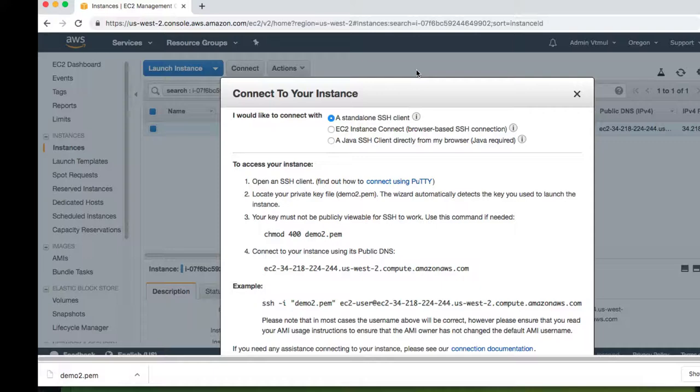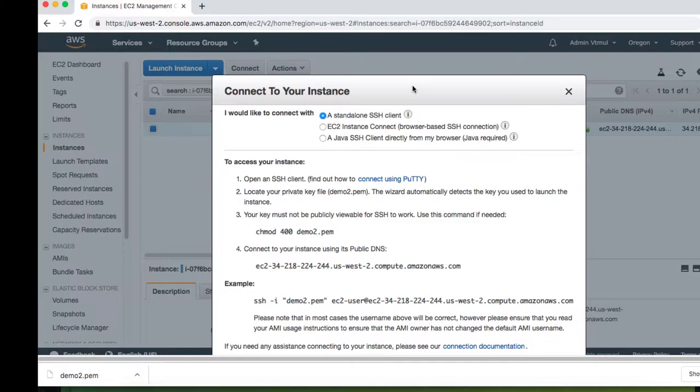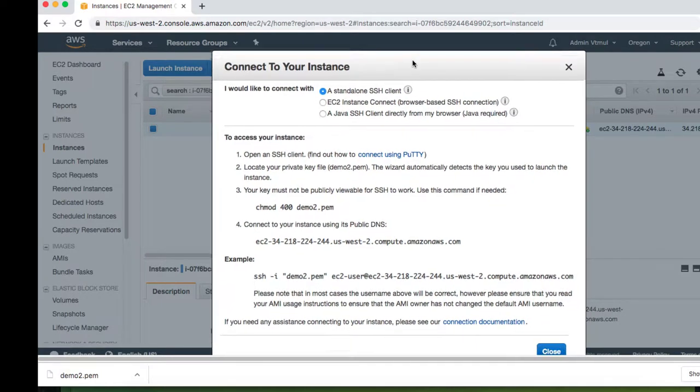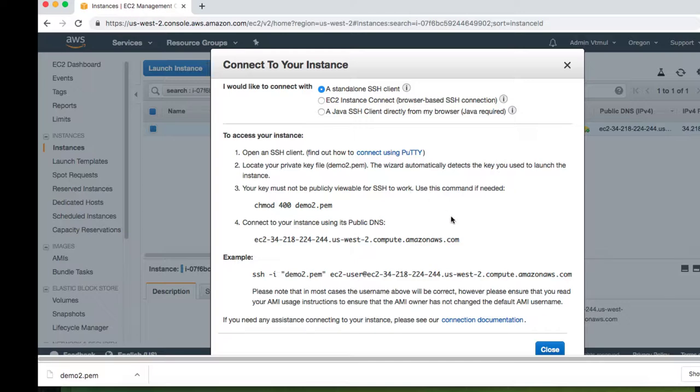But if you are on Windows, you could use something like PuTTY, or you could do something like Git Bash to connect. Now, I will demonstrate how to do this on a Mac, and later on show how to do the same thing on a Windows computer. Alright, so for the Mac,